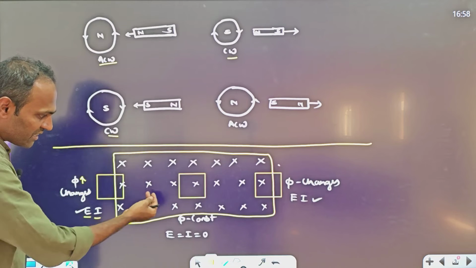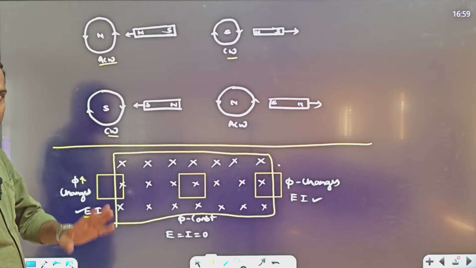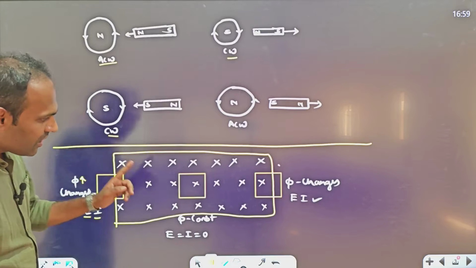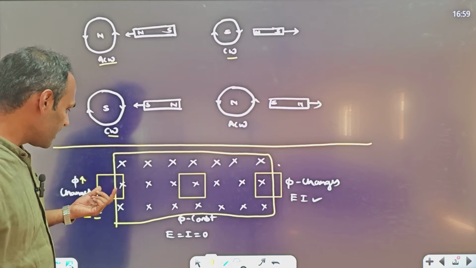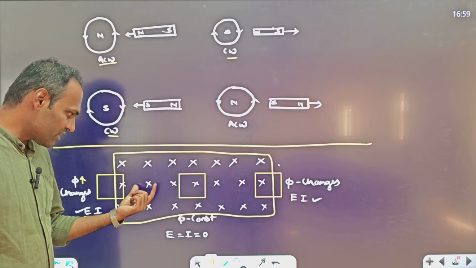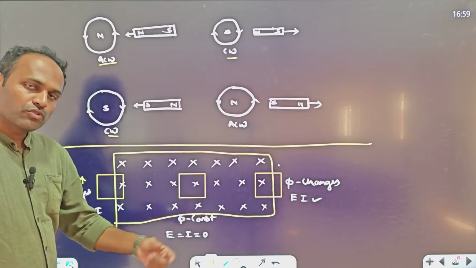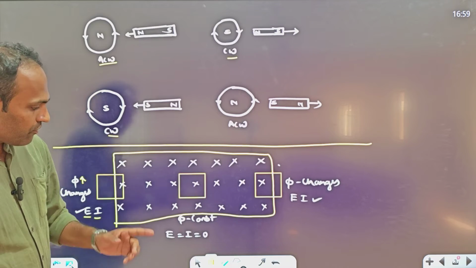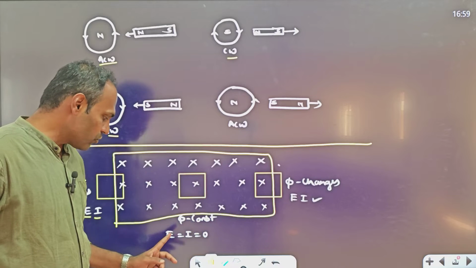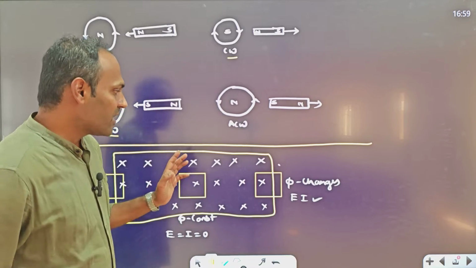Once the square loop comes completely inside the magnetic field, its magnetic flux does not change. It remains constant. Right? When it is here, there is one line. When it comes here, there is one line. So every time its line is the same. Its flux is the same. So if flux remains constant, then there is no induced EMF and induced current in the coil. Right? And when it is moving out,